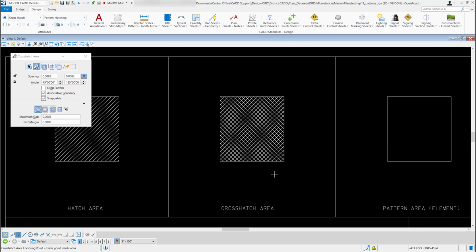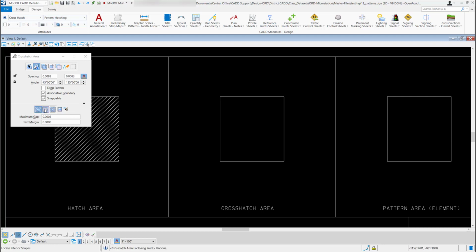I'm going to do an undo real quick, and maybe this time I want to locate my interior shapes, and I want to locate my interior text. And since I'm locating interior text, maybe I want to change my text margin, so I'll come down here and enter 0.5, and it's the same as we explained earlier. The text margin is just a percentage of the text height, so the margin is just going to be half of what my text height is, so I'll enter that.